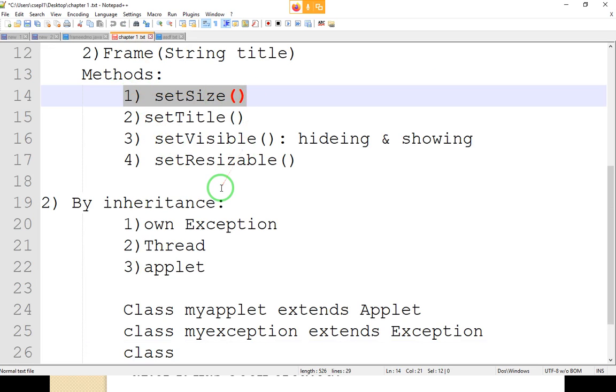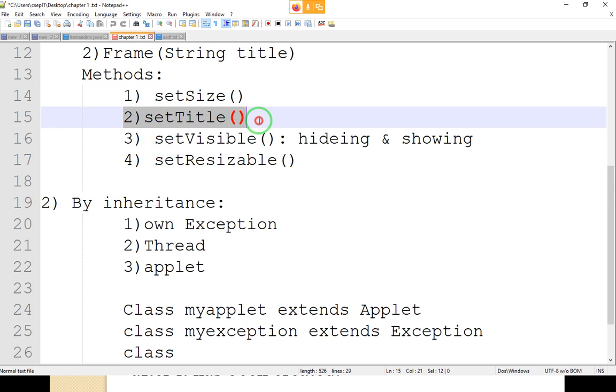First one is setSize. This defines the width and height of your frame. Second, setTitle. This method sets a new title for your frame. If you want to change the title, it can be changed with the help of the setTitle method.